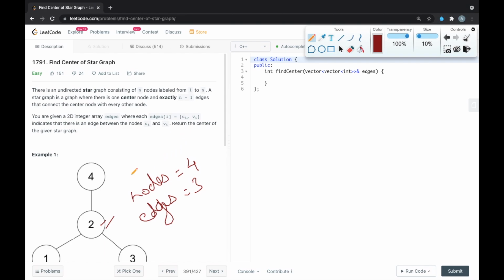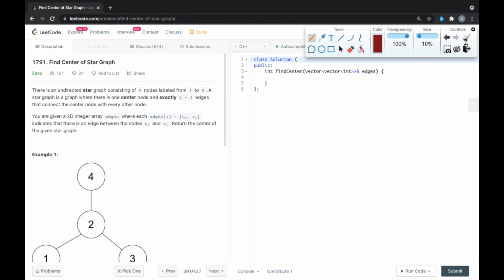So n is 4 in this example and n minus 1 will be 3. So there are 3 edges. So coming to the second part of the question, you are given 2D integer array edges where each edges[i] is equal to [ui, vi] indicates that there is an edge between node ui and vi. Return the center of the given star graph.